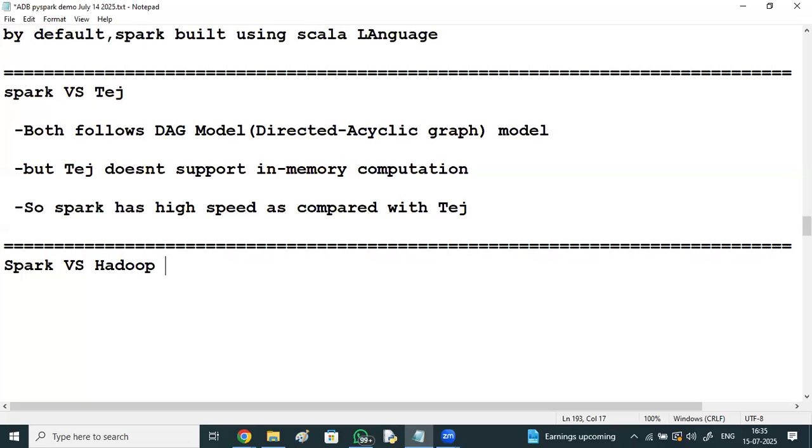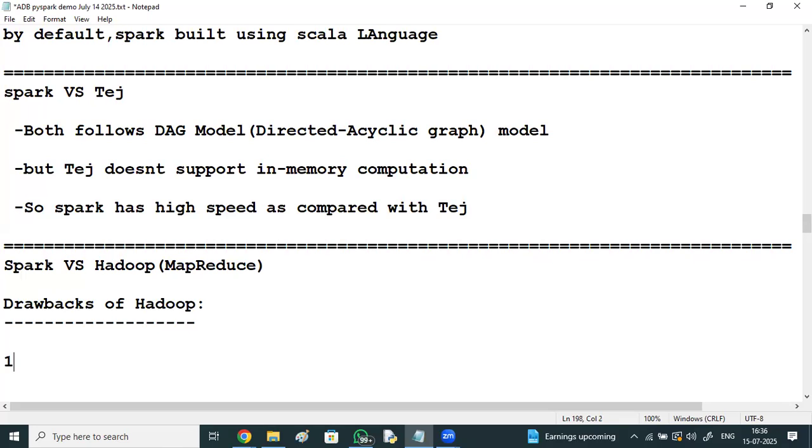Spark and Hadoop. In Hadoop, we have MapReduce, if you have knowledge of this. Spark versus Hadoop. We talk about the drawbacks. Generally, Hadoop has very high speed. Just now I gave an example, right? As compared with other databases, which took days and hours of time, Hadoop has just taken minutes of time.